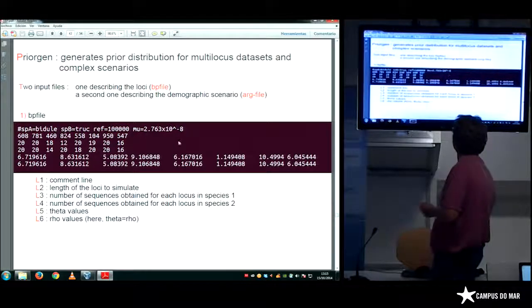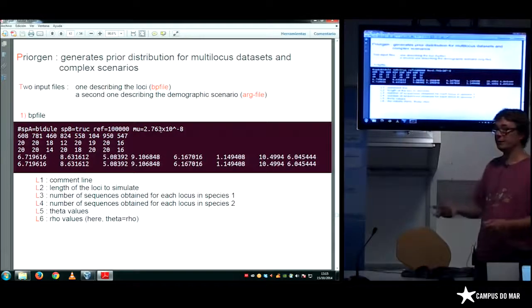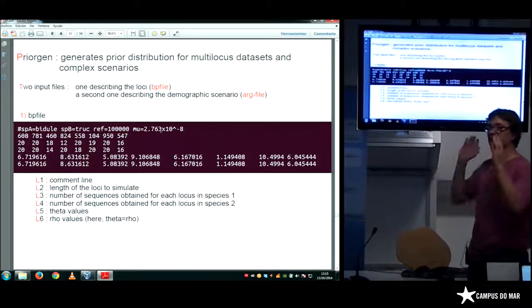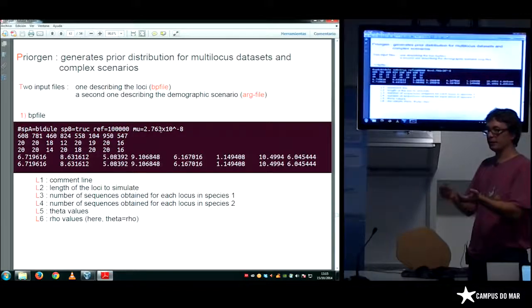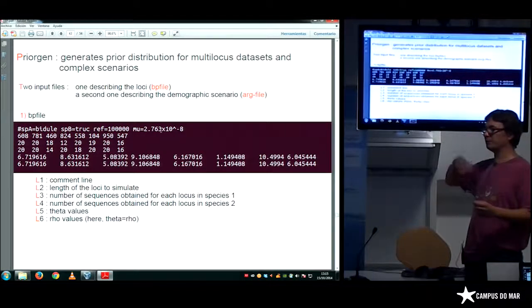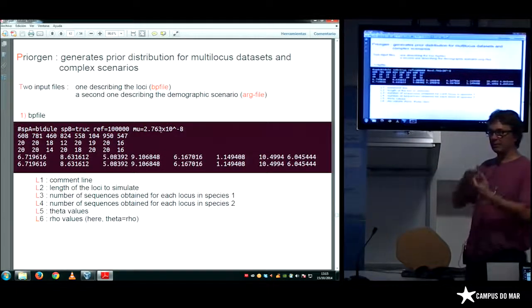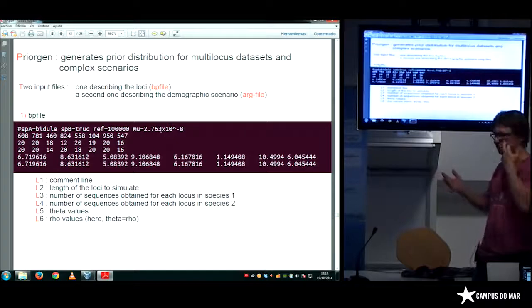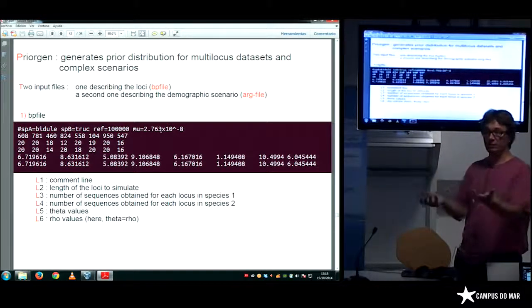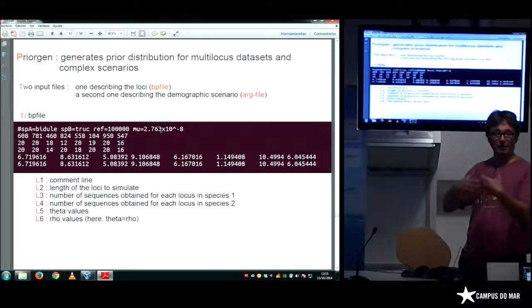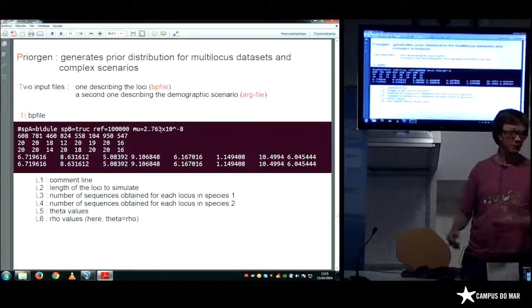And mu is the mutation rate we have chosen for the analysis. In this case, we decided to fix the mutation rate, which has been obtained by comparison with a distant species and calibrated by a molecular clock. But if you don't know the mutation rate, you can add it as a parameter, but it adds one more parameter in your analysis.